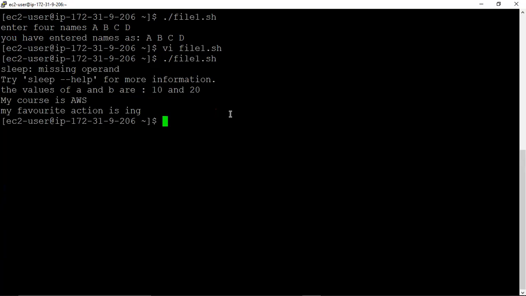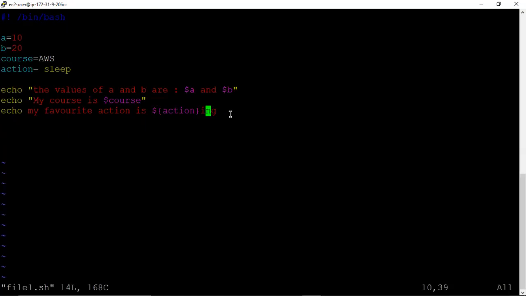Oh, sleep is missing. The values of A and B are 10, 20. My action is, something went wrong. Let me check. Action. The double quotes are missing. Echo, my favorite action.